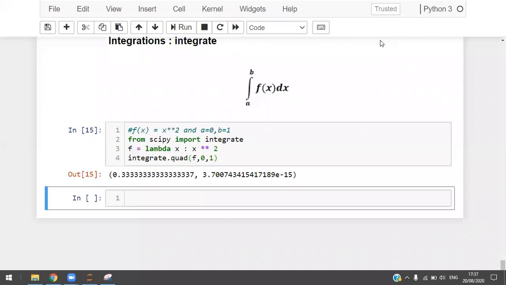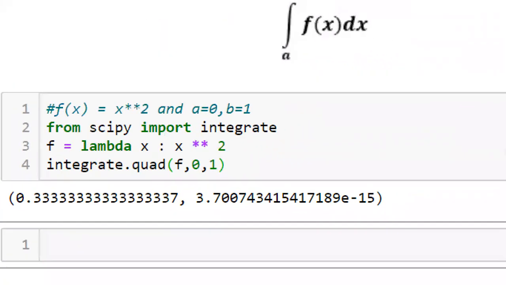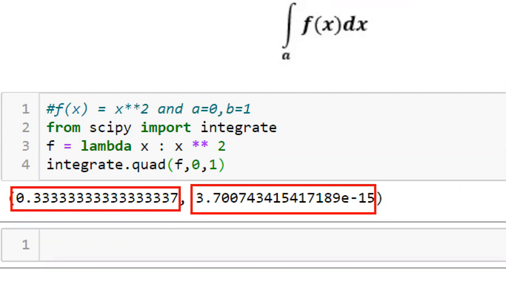This quad function is giving you two values. The first value is the integration value for the given function with respect to the variable, and the other value is the estimated error. This is not the integral value; this is the estimated error value for this function.